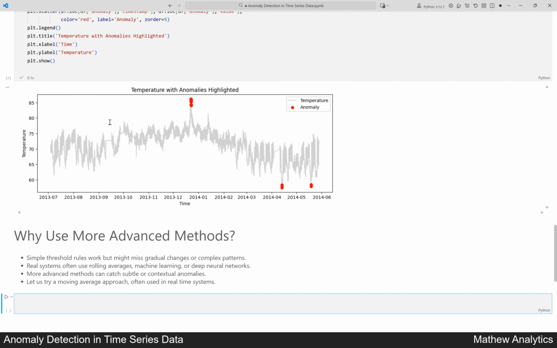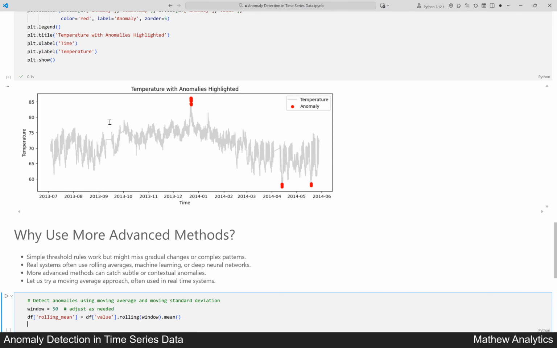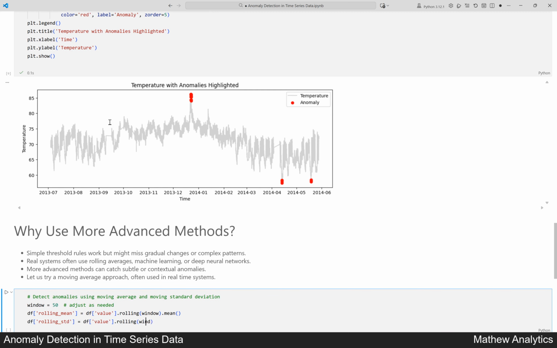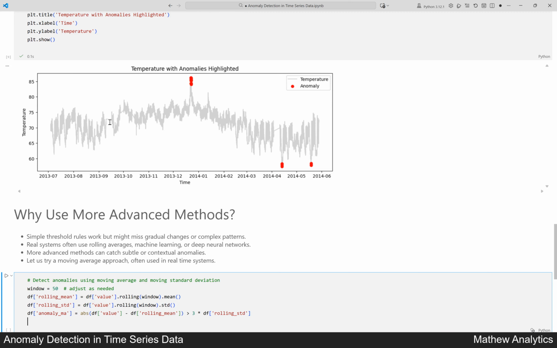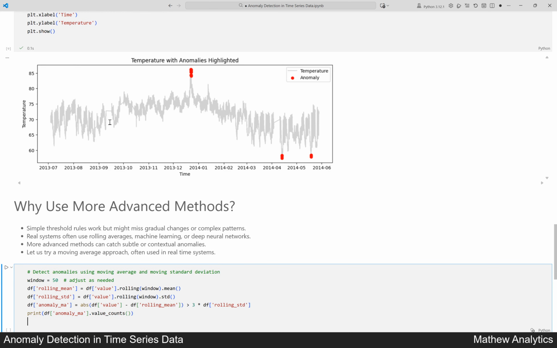We flag values that are much higher or lower than the recent trend. # Detect anomalies using moving average and moving standard deviation. window = 50 # adjust as needed. df['rolling_mean'] = df['value'].rolling(window).mean(). df['rolling_std'] = df['value'].rolling(window).std(). df['anomaly_ma'] = abs(df['value'] - df['rolling_mean']) > 3 * df['rolling_std']. print(df['anomaly_ma'].value_counts())